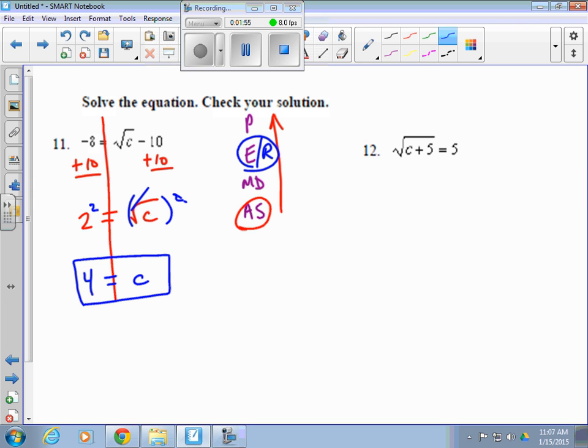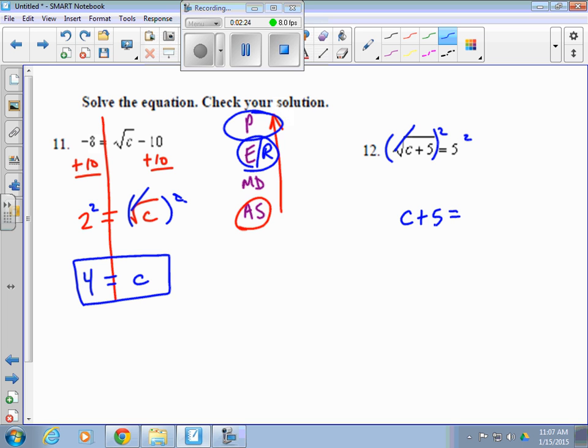Number 12 said the square root of C plus 5 is equal to 5. You can't subtract 5 first because that square root, that radical symbol, acts like a grouping symbol. So as far as its Q, it puts it all the way in the top where parentheses go to undo. So what you need to do is cancel out this entire thing by squaring it first. If you square that and you square the other side, it'll cancel this out and leave you with C plus